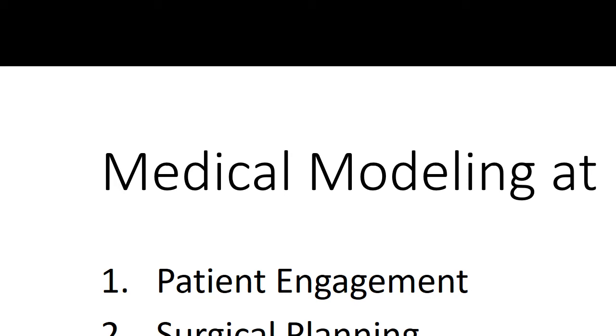We use medical modeling. It's the section I'm going to talk about now. It's all nice and visual for the rest of the talk. We use it for really three things and a fourth. The fourth I won't talk about. We use it for patient engagement. We use it to actually communicate with patients and to talk with them. We use it for surgical planning. And we also use it for training, but not in the spirit of the flight simulation that I talked about before. We actually have a whole group that primarily does entrepreneurial activities, and most of those are confidential and sort of beyond the scope of this talk, but I just wanted to include it to make sure that, once you understand how to do modeling, it's quite a straight throw to understanding how to build devices and test those.